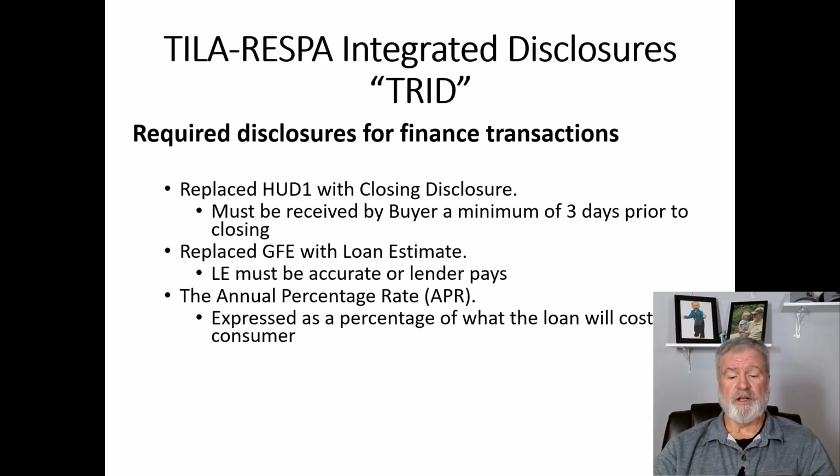Y'all, I'm telling you, and this happens a lot, where the lender sent it, say 4 or 5 days prior to closing, but the buyer never checked their email, and maybe they didn't open it until a couple of days prior to closing. Well, you're going to have to reschedule closing, because y'all, there has to be a minimum of 3 days from the time the buyer actually looks at the closing disclosure before you can close. So you got to be checking that email.